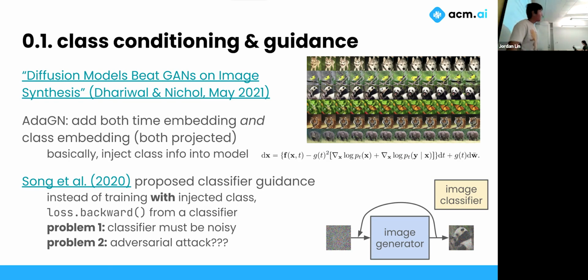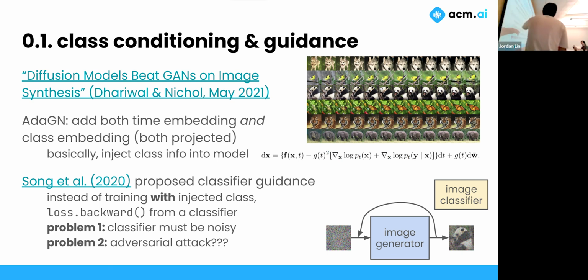But the very first type of conditioning that we had is something called class conditioning, which is the idea of, hey, I have a dataset, say ImageNet, with 1,000 classes. Why not tell the model which class I want to generate? During training, tell the model, hey, this is the class that this specific image belongs to. So when the model is generating, because it has that class information, it kind of knows what noise to generate, if that makes any sense. So it helps a little bit. In the paper Diffusion Models Beat GANs on Image Synthesis, from OpenAI, I think, they did diffusion models, but then trained them on class conditions. But Song et al., hey, it's Yang Song again,